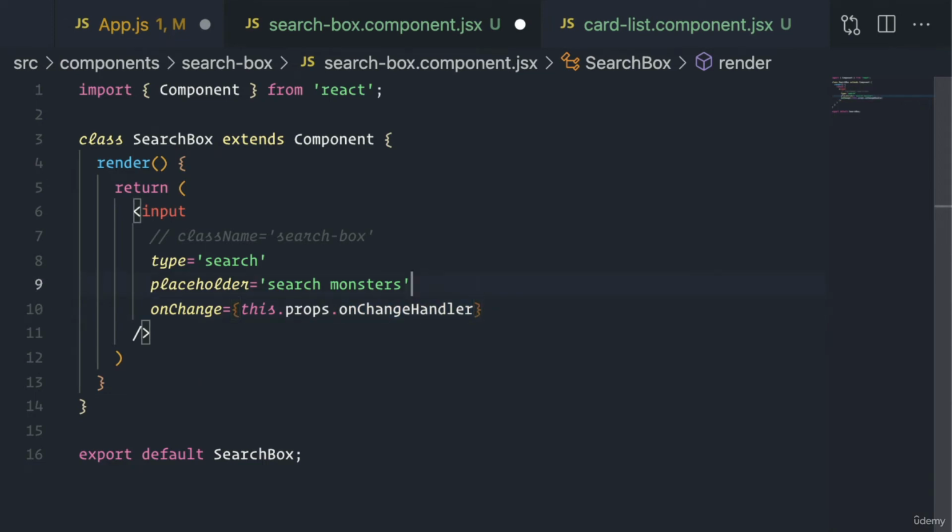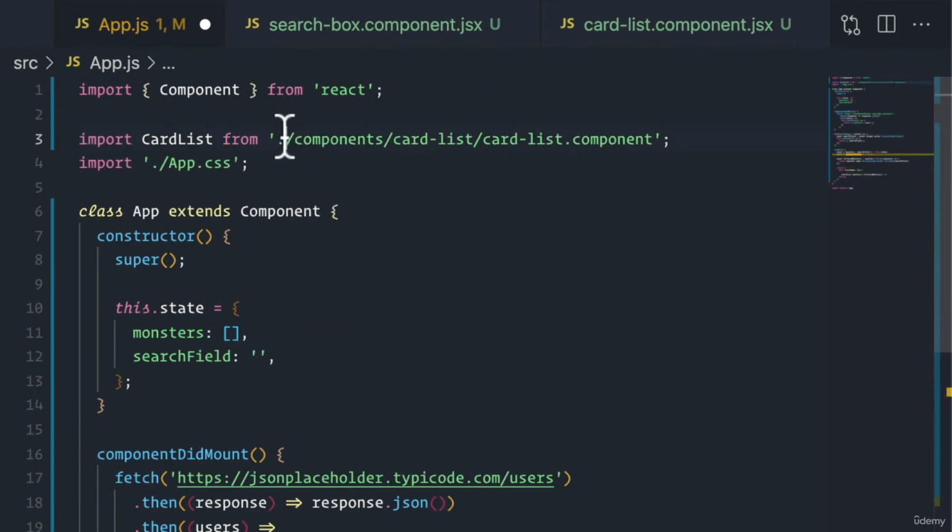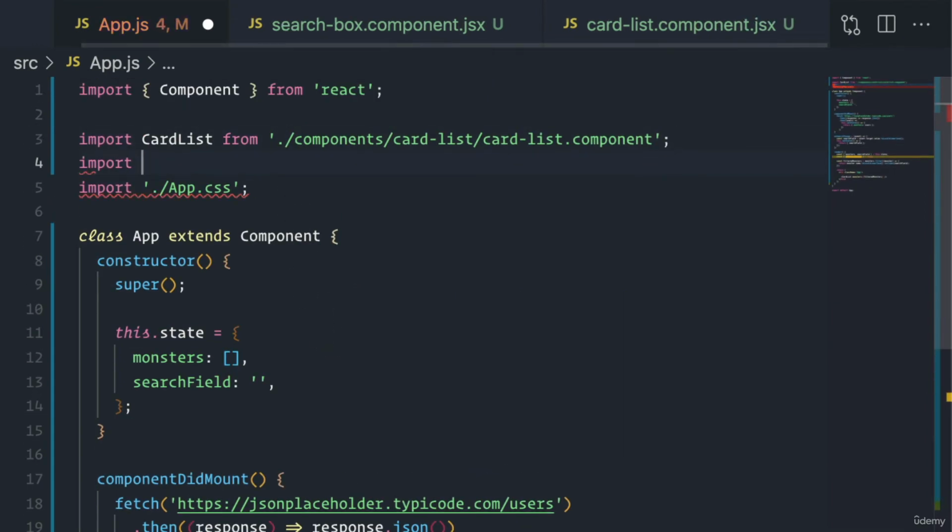this.props.onChangeHandler. So let's comment this out for now, and just make sure at least this is working from what we've just defined. I'm going to default export it, copy SearchBox, go into app.js, and import it from the respective file. Import SearchBox from